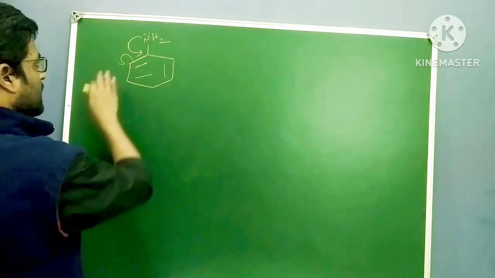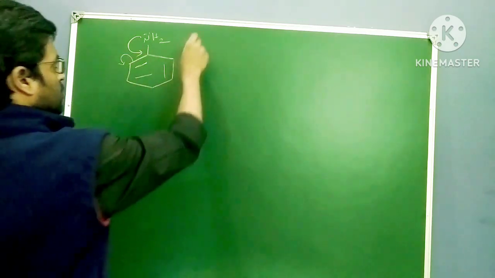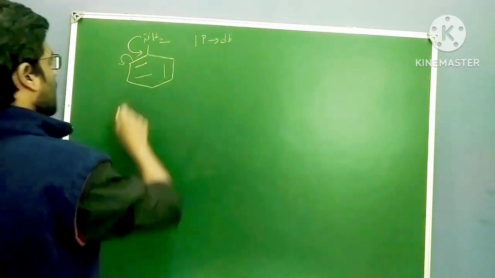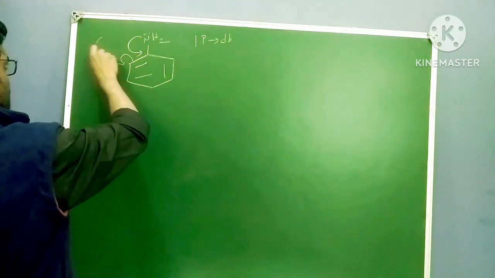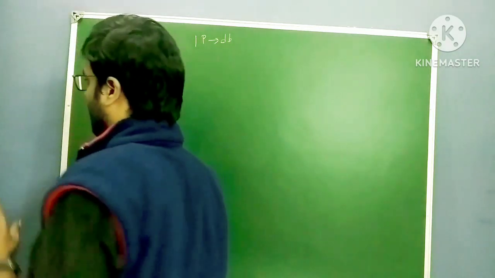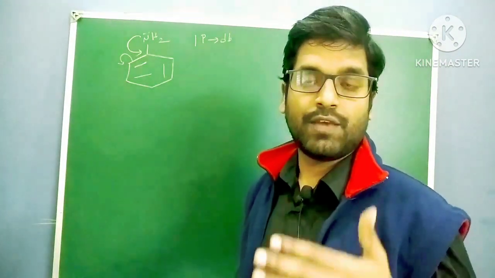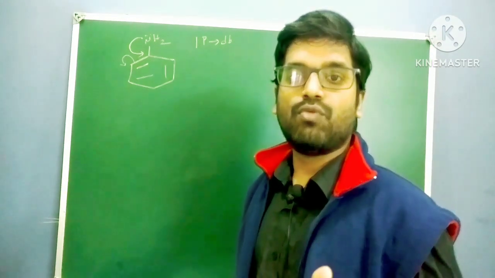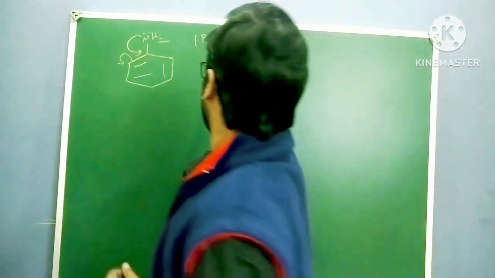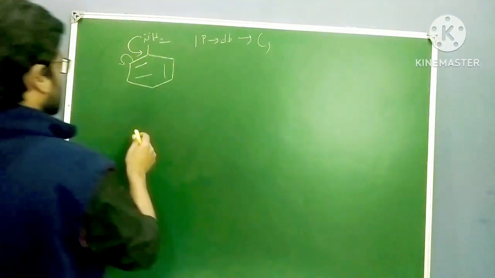See, so the movement here, lone pair towards double bond. Remember, this is anti-clockwise, this is clockwise. So always, if you start with anti-clockwise, you have to move anti-clockwise only throughout the process. If you start with clockwise, you have to move clockwise throughout the process. I'm moving anti-clockwise. See, now I'm drawing the structures.